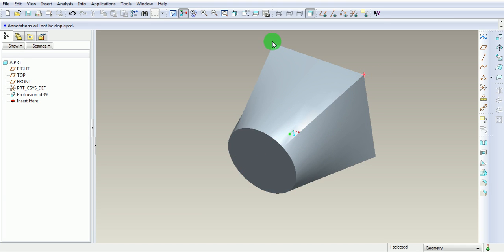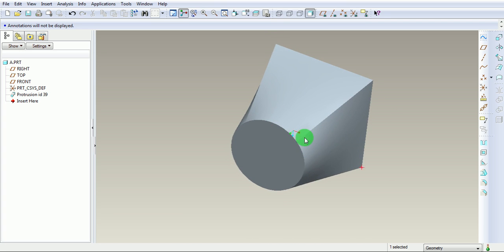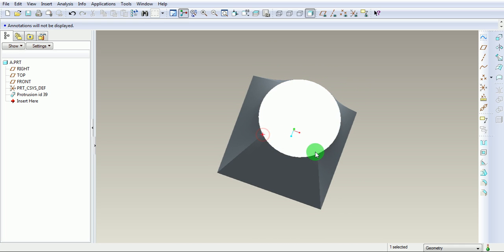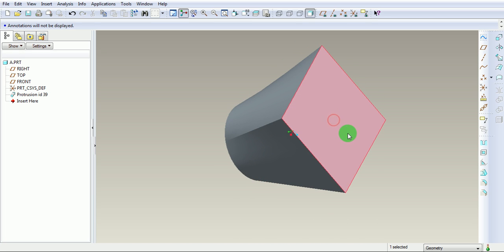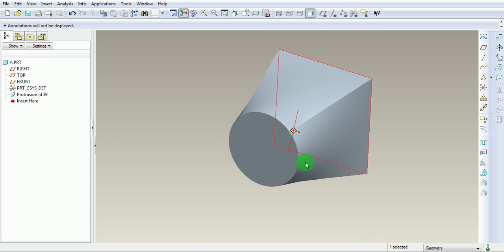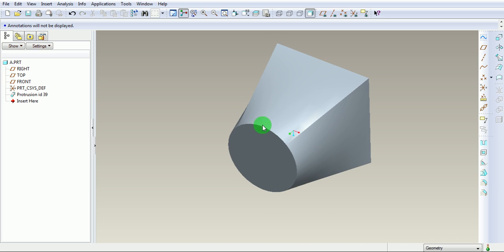The vertices of the square are connecting the vertices of this circle. The square generally will have 4 corners and circle will have 0 corners. To create a corner in a circle, it needs to be divided using a divide command in Sketcher, so that the corners of the square will catch the corners of the circle.